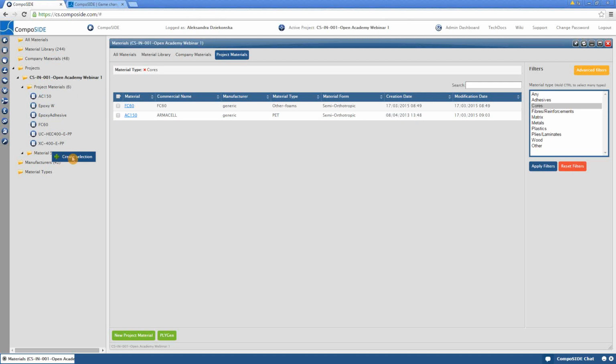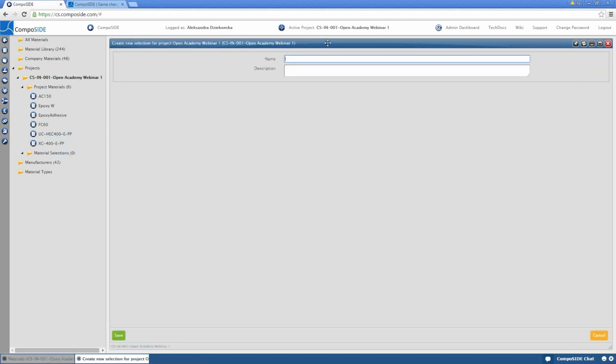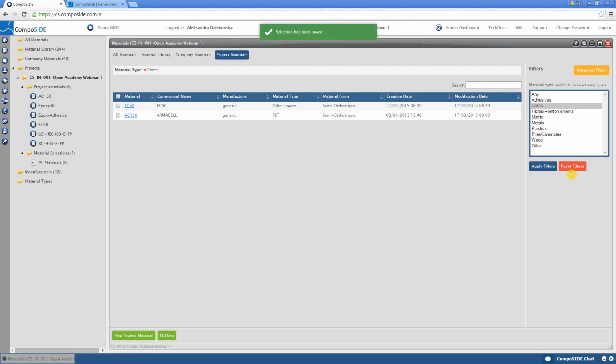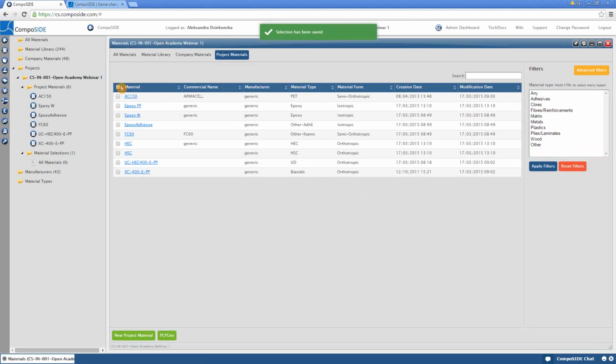Exactly. One more thing I need to do, I will create a material selection. Material selection is used to manage materials, to allow you to filter groups of materials for better handling in a project, as you are going to see in a minute. Okay, I'm all done. All my materials are selected, and I can use them